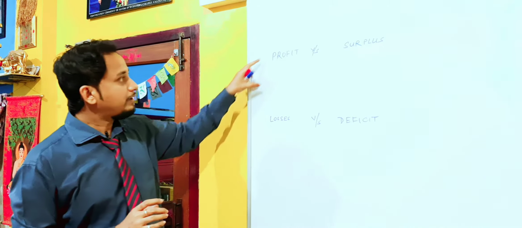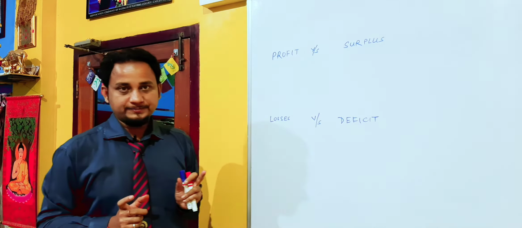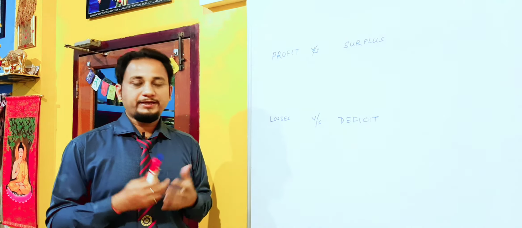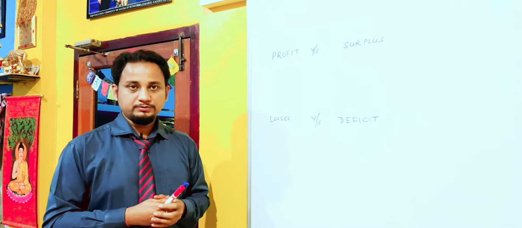So mainly in what senses do we use these things? Firstly, I want to say that when we prepare accounts, mainly we prepare the accounts for a business organization. When we use the word business, be sure that one motive is hidden there: to earn profit by selling goods and services. Right? So all their activities are leading toward earning profit. Nobody wants losses. So everybody focuses on profit. That is the characteristic motive of a business organization.